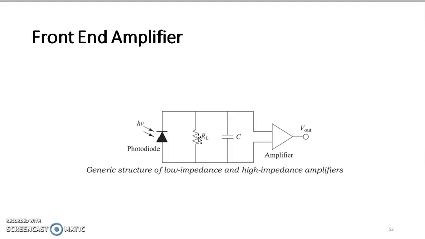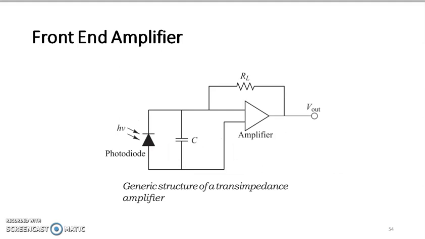Now we have a scope to increase the bandwidth. To increase the bandwidth, we can use equalizers. If the bandwidth is less than the bit rate, then a front-end amplifier cannot be used. So that's why there is an issue of impedance. If we are having high impedance, bandwidth reduces; low impedance, bandwidth improves, but noise increases. So those are the issues for the low impedance and high impedance amplifiers.